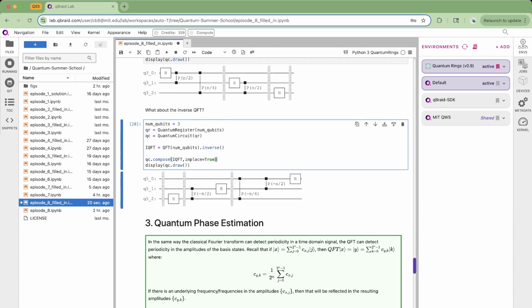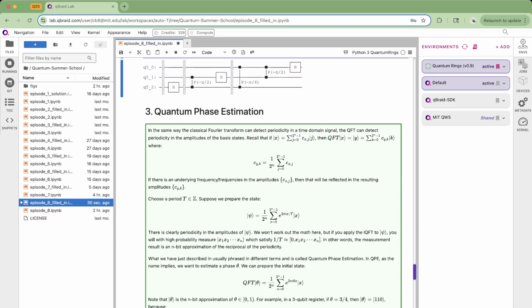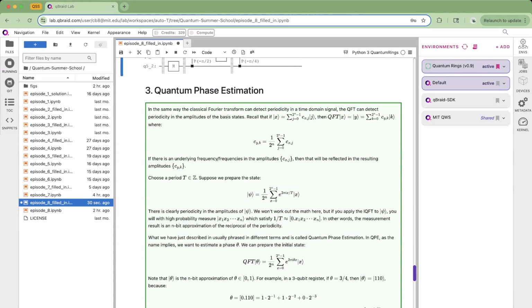Okay, we've built our quantum Fourier transform, and now we want to use it to do something useful. So what we're going to do is called quantum phase estimation. So we know that the classical Fourier transform can detect periodicity in a time domain signal. So it can pick out things that are periodic and tell us what their frequencies are. So QFT instead is doing a Fourier transform on the amplitudes of the basis states. So if there's periodicity in the amplitudes of the basis states, we should be able to pick that out with